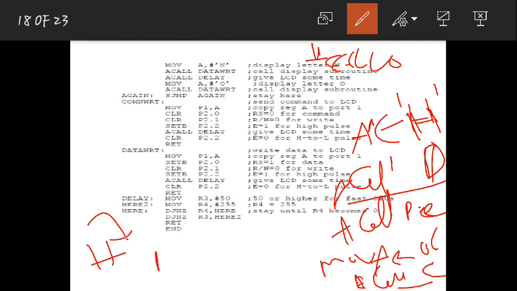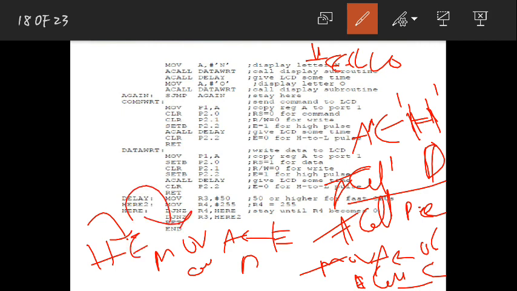So next again you write move e to A. After moving e to A, again you call data subroutine. Again you call delay subroutine. Again you give the same command, because after writing e here, again you should move towards the right to write l. So after writing this 6, again you call command. After calling command, you give l, you move l to A. After moving this, again you call data, again you call this delay subroutine, then you give the 6 command, then call command subroutine. And then again you give one more l to A.